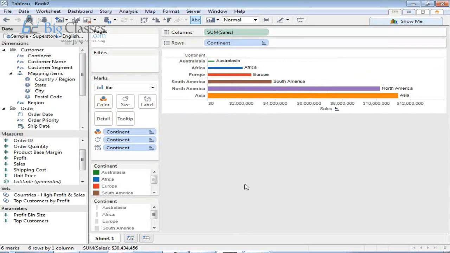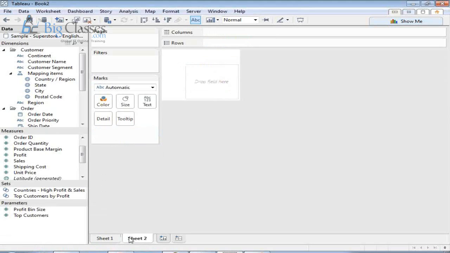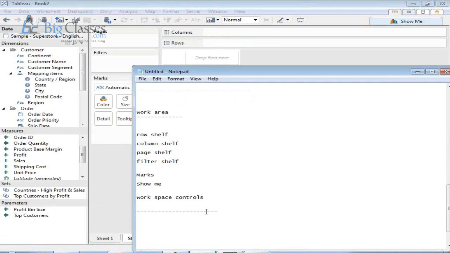Fine. So this is something about the basic naming conventions in the work area. We also have a lot of other naming conventions, which we'll be discussing in the next session. Now let us work with a technical topic